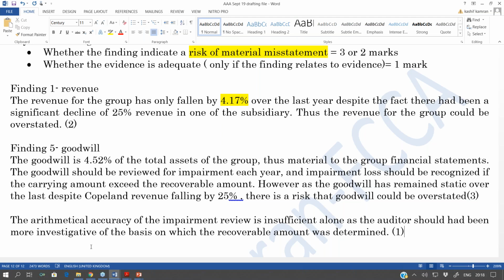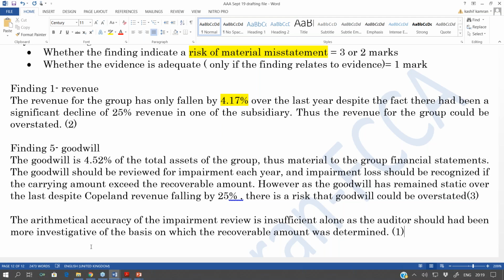Though at the very first go, it's difficult because most of you are looking at this question for the very first time. Even those who are repeating the AAA exams, you're looking at this question for the very first time, right? So try to understand: when you are reading a finding and you think there is a risk in the finding, then try to identify the risk of material misstatement. And if you're reading a finding where you think there was something wrong with the evidence, then try to find, is the evidence sufficient or not,